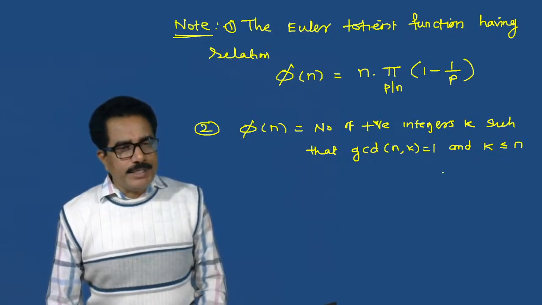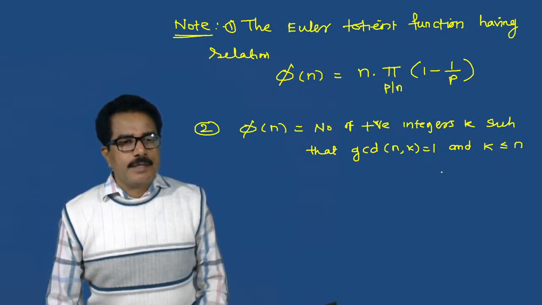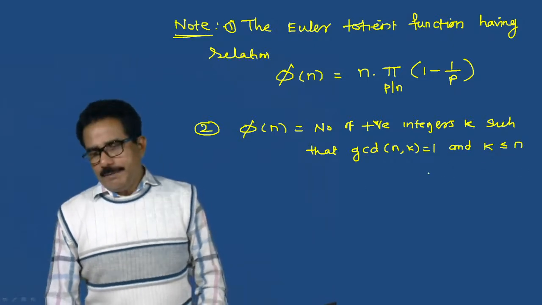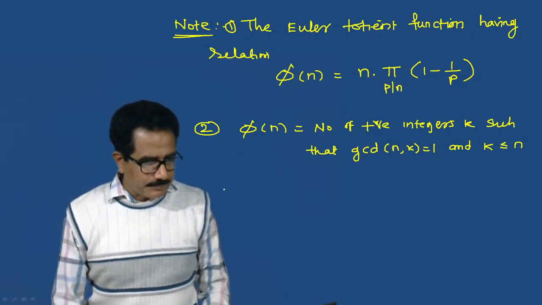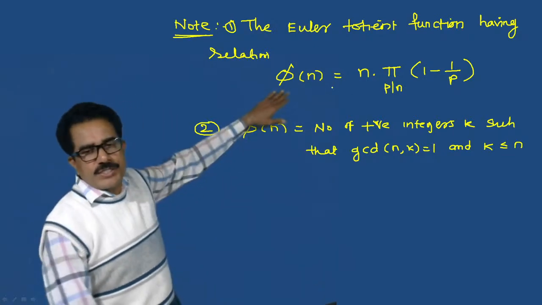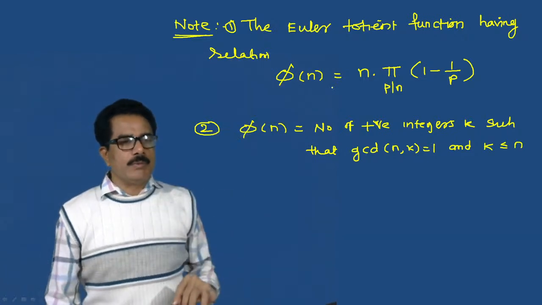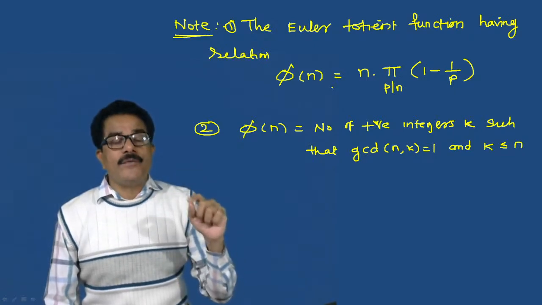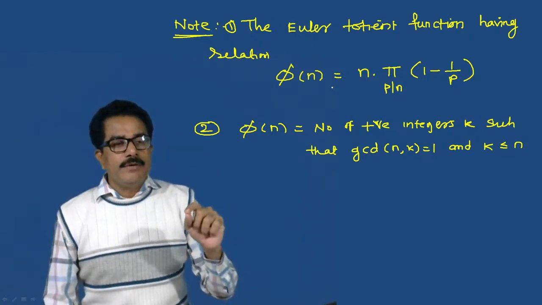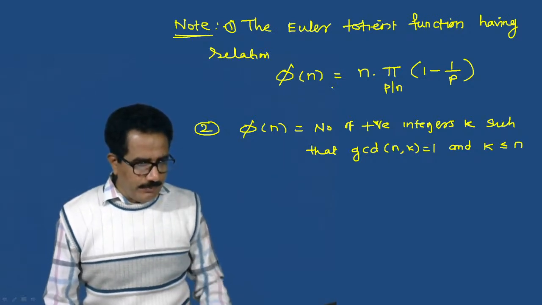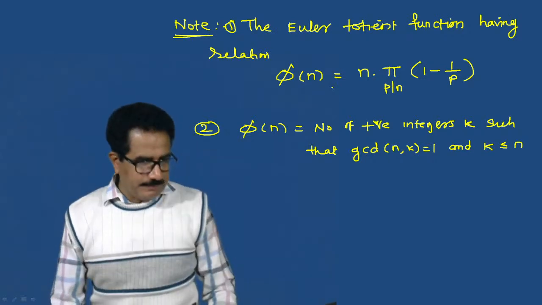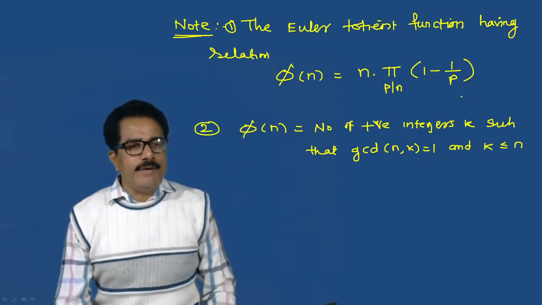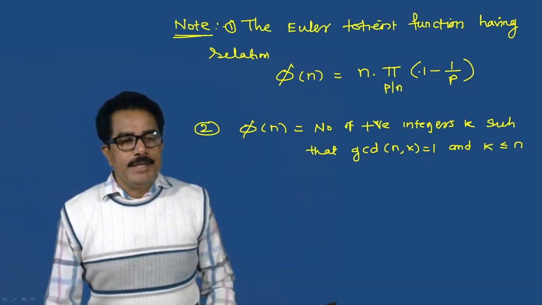Number of positive integers k which are this. Okay, now next, third. Now see, the first note: phi of n is equal to n into the product function pi of 1 minus 1 upon p, over p divides n. Using this formula also, we can find the